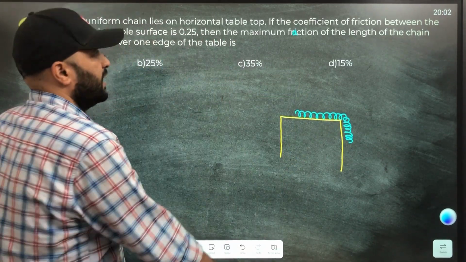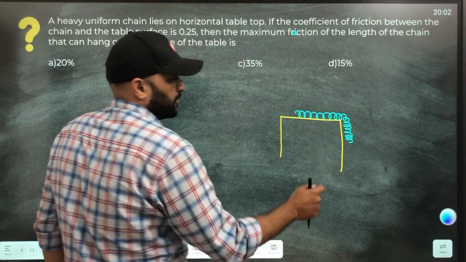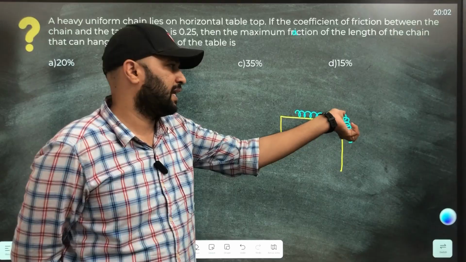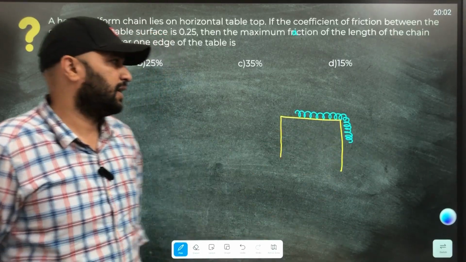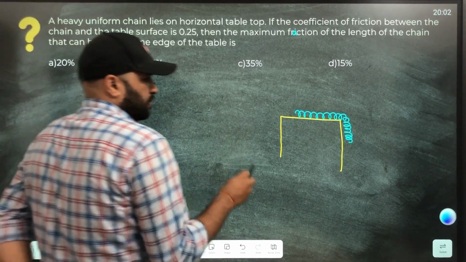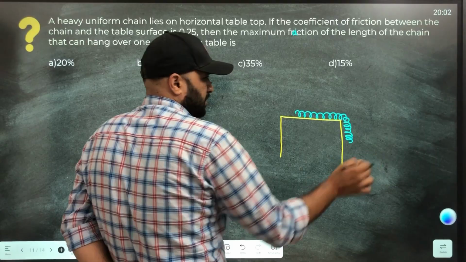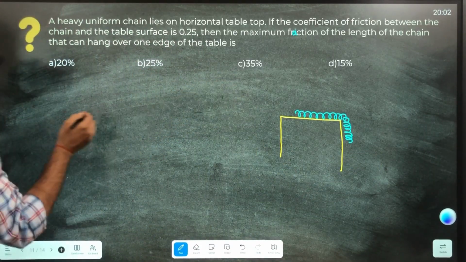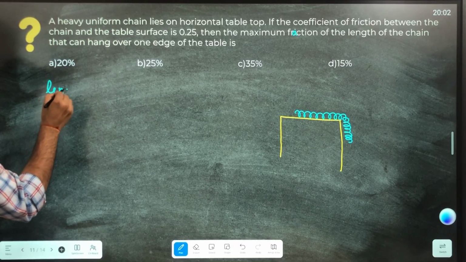Okay, we have to find what is the maximum piece, because a small piece obviously will be stopped, but what is the maximum piece that can hang here so that the resultant will be no force acting on this whole system. Clear? This is the question. So for this system, one thing which we don't know is the mass. Okay, let's assume that the whole length of the chain,